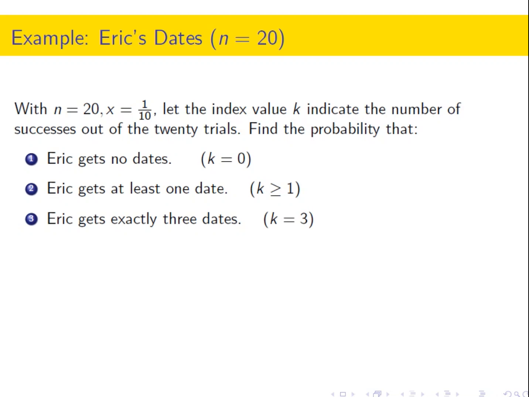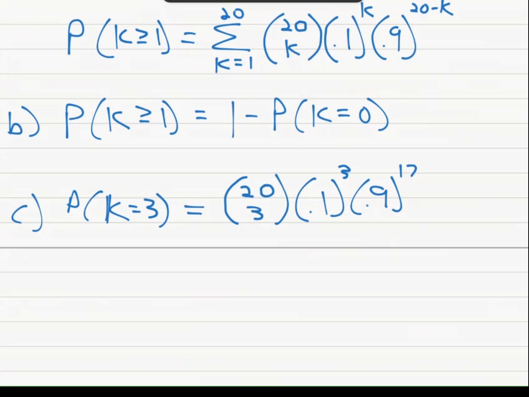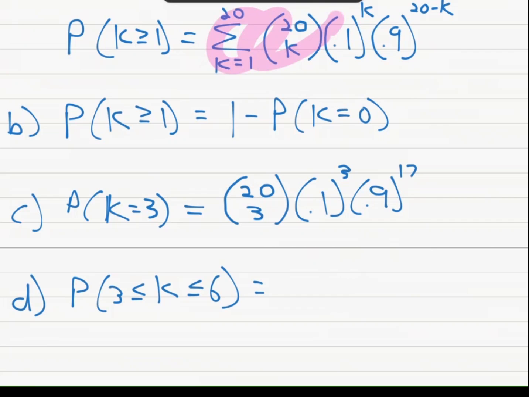Part D, or 4, sorry, I guess I'm calling them 1, 2, 3, 4 over here and listing them as A, B, C, D over there. But what's the probability that Eric gets at least 3 but not more than 6 dates? Okay, this is going to be a summation, so I'll still call it D. If I'm going to do letters over here, I'll stick with that pattern. So the probability was that 3 is less than or equal to K, which is less than or equal to 6. Well, this is just a summation, so it's going to look like this summation up here,